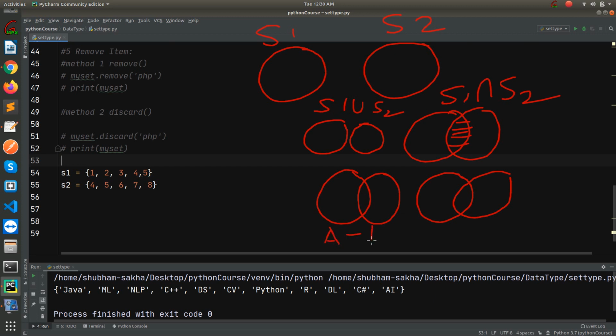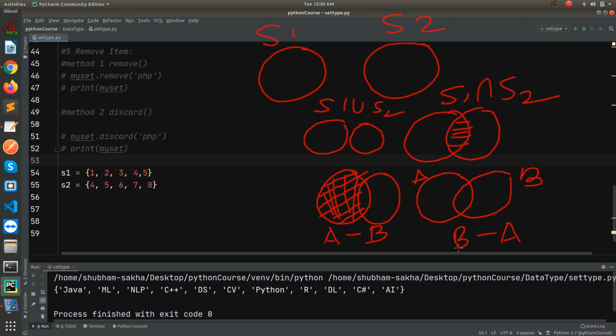If I want to say what S1 minus S2 is, that is the difference. So around this set, whatever values are from set B, you have to remove those. If I just color this one, this part shows A minus B. And if I have to discuss B minus A, suppose this is set B and this was set A. B minus A means take out the B values and whatever A values are present there, just remove those.